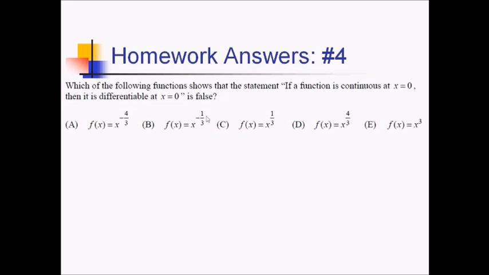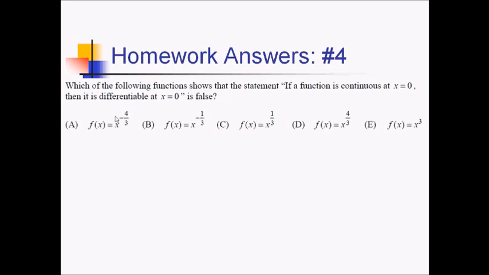Now, looking at these different functions here, f of x equals x to the 1/3, if you remember what the cube root function looks like, you do realize that it has a vertical tangent as you go through the origin. So you could very quickly pick choice C and be done with this. If that didn't occur to you, that's okay. We can go through and test each of these for both continuity and, if they pass continuity, the slope limits matching up. So starting over here at choice A, testing for continuity,